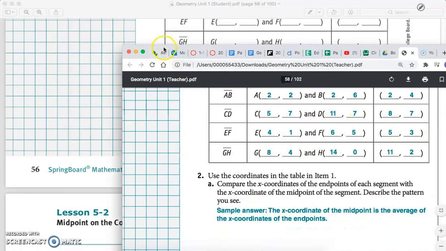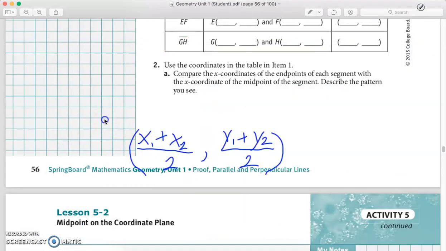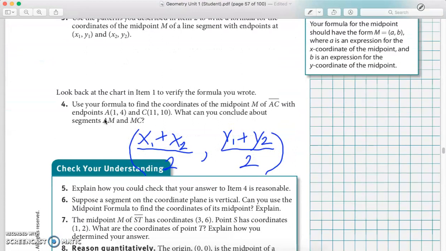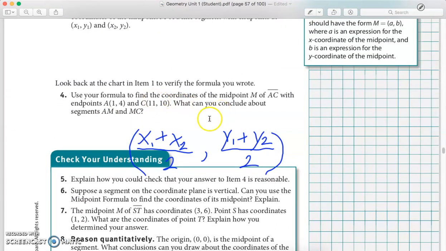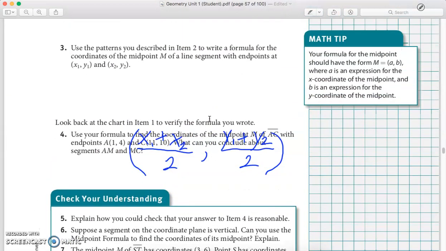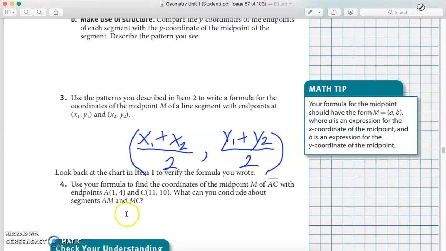Okay, so now in the next part, part 4, we're going to use the formula to find the coordinates of the midpoint M of AC with endpoints of A is 1, 4 and C is 11, 10. Okay, so I'm going to do that one for us, and then I'm going to let you guys try some. So we've got A, 1 is the x coordinate, and C has 11 as the x coordinate. So we're going to plug those in for x1 and x2. So we'd say 1 plus 11, and then divide it all by 2,